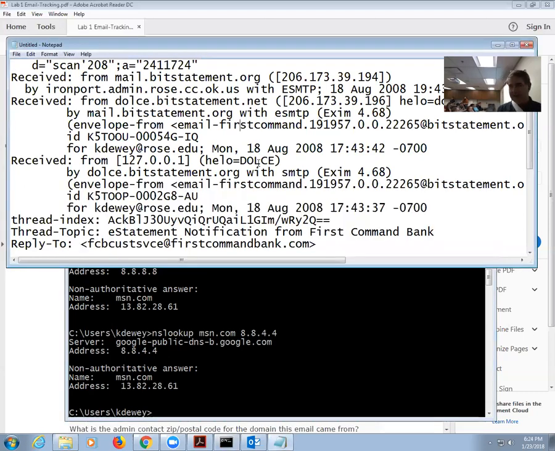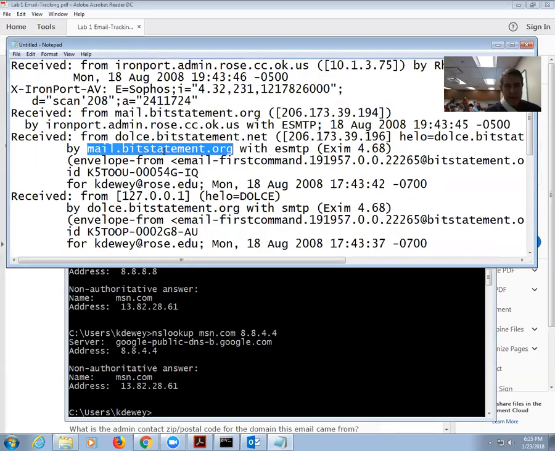Again, this sample email is long. But normally, what you can do is take this name and it should match this name. Then that name's number is right there. So it should be 206. They've probably redone their system and got rid of the name or something. So it came from DOLCE and was received by mail.bitstatements.org. And then it came from mail.bitstatements.org, and there's their address. It was received from there by